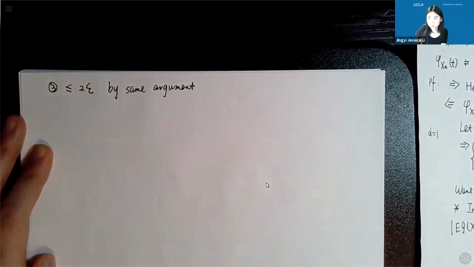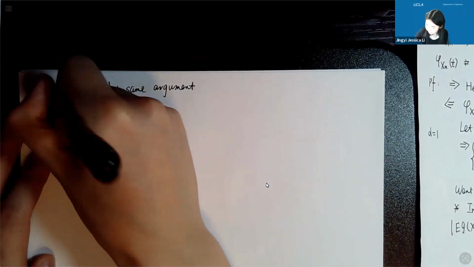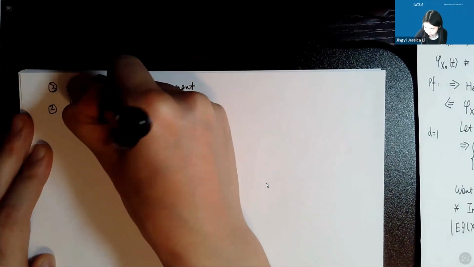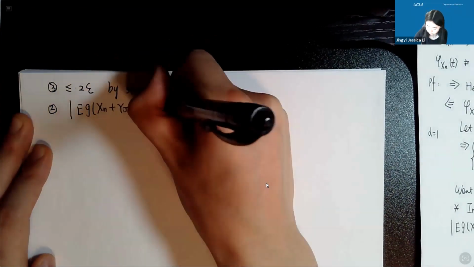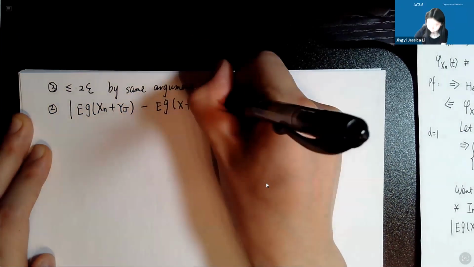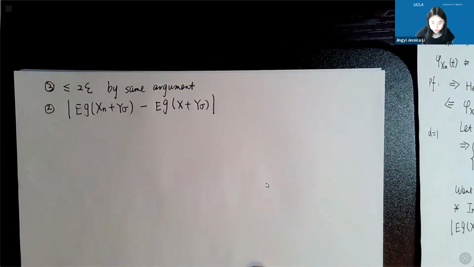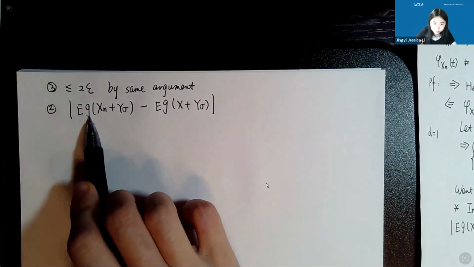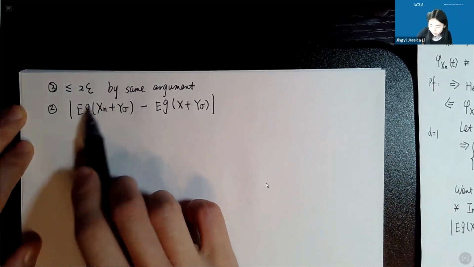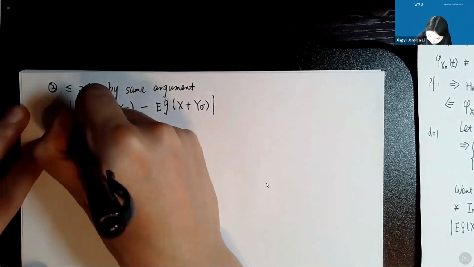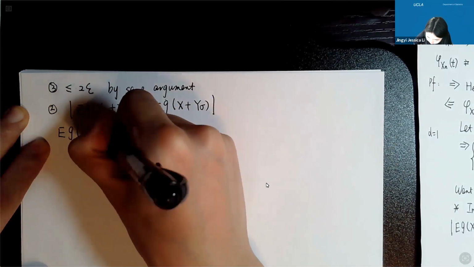Then I'm left with term 2. Term 2 is actually this expectation of g(xn plus y sigma) minus expectation of g(x plus y sigma). And here is why the characteristic function is so important. We're going to need to use the definition of expectation and the Gaussian density function to write out each term. So let's say the expectation of g(xn plus y sigma),